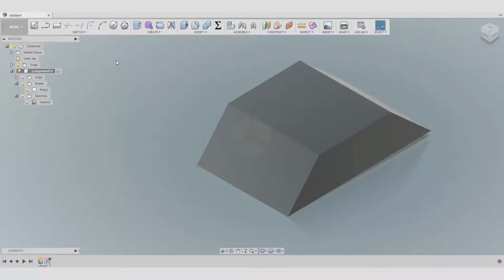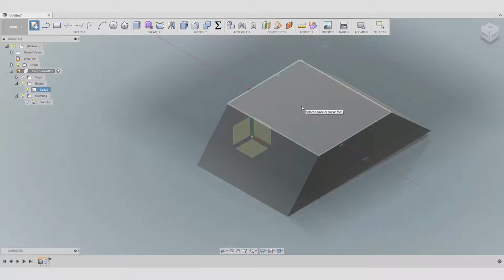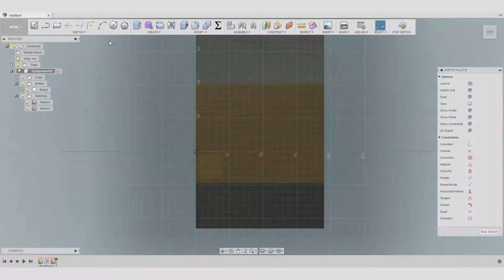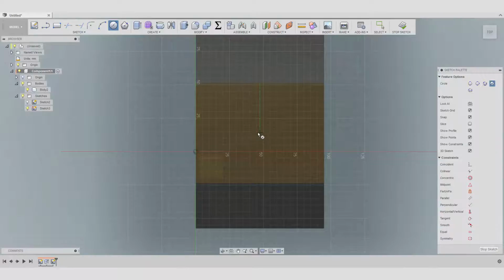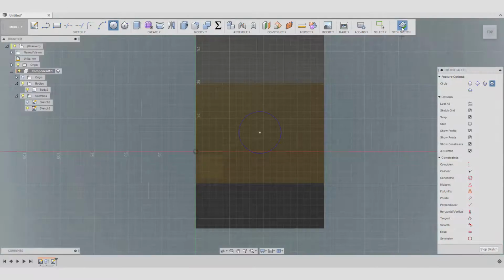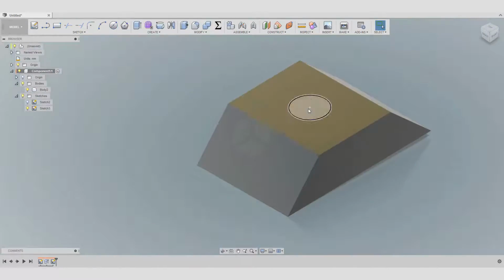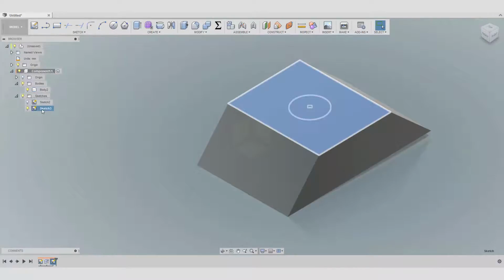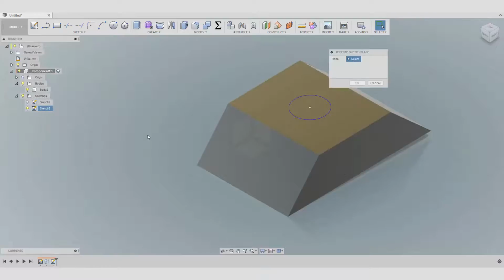Okay, now what I'm gonna do is sketch on top of this plane here, on this face. I'm gonna create, I don't know, a circle, for example. And now I want to move it to this face here, because I've created it on the wrong one. I want it here on the side. So let's see, notice what happens if I do a redefine sketch plane. You can see it move. Two things